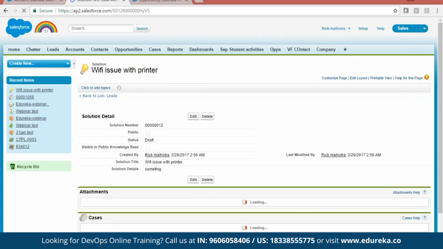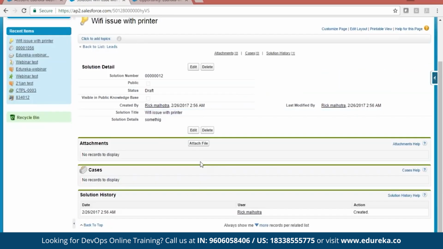It's not enough. We can also put some PDF documents. We can also use some attachments, some pictures or other documents, and we can use the attachment option. Up to 2 GB of attachments you can upload. If you want to show it to your customers, make it public. If you don't want to show your customers, keep it private.